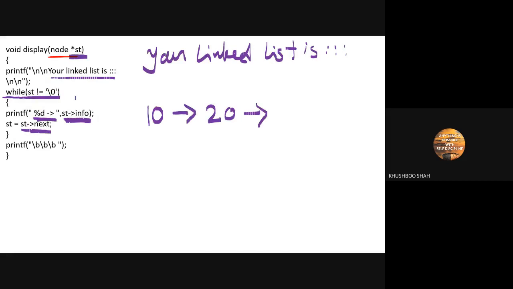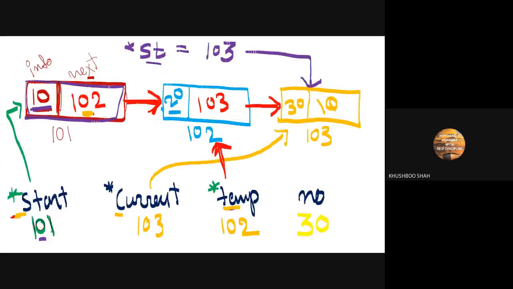Now it will go back up, and st is not equal to null. Is st null? st's next is null, but I am asking, is st null?